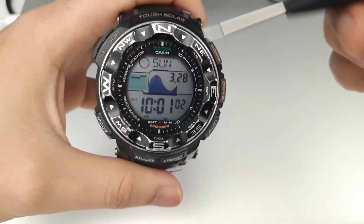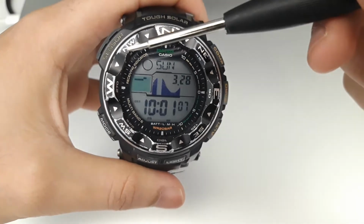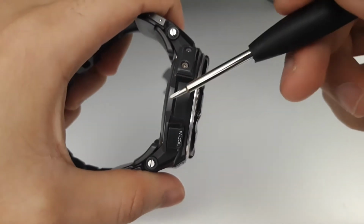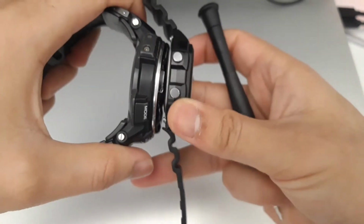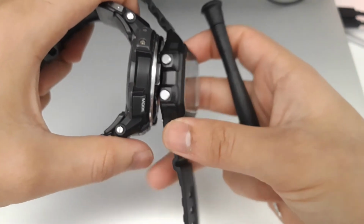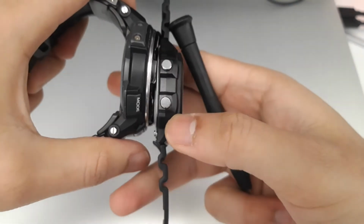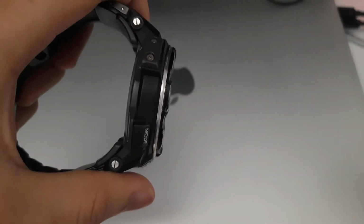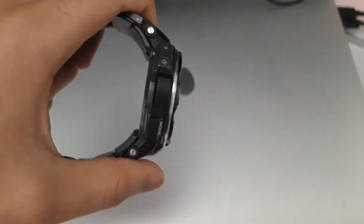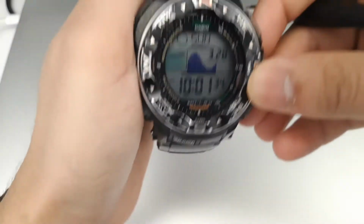The diameter of this watch is 50.6 millimeters. Thickness is 15 millimeters. It is not too much as compared to the other watches like here. This watch is the old Casio one. So it's a bit thicker than that, but of course it contains much more functions also. And the weight of this watch is approximately 80 grams, so it's not too heavy on your